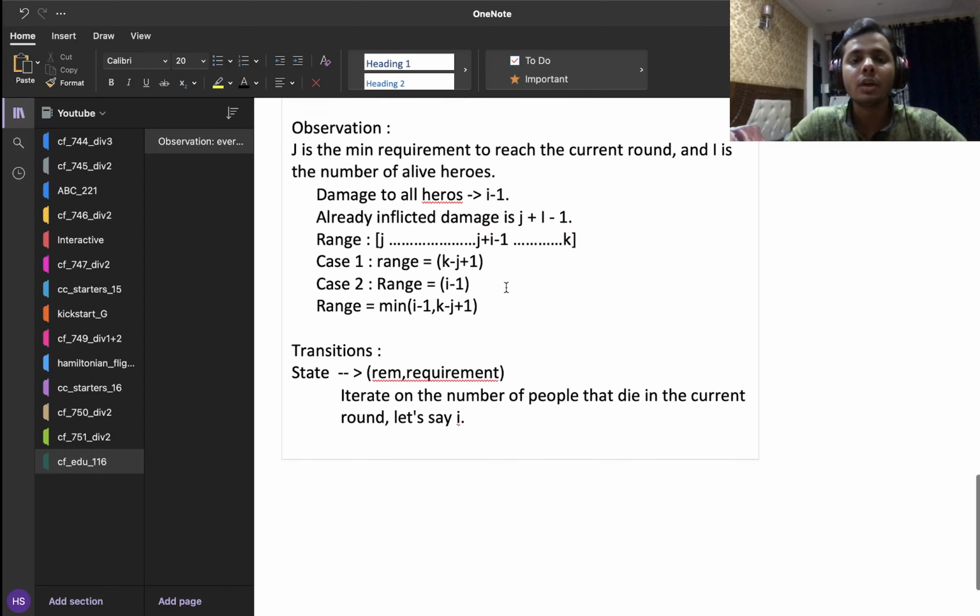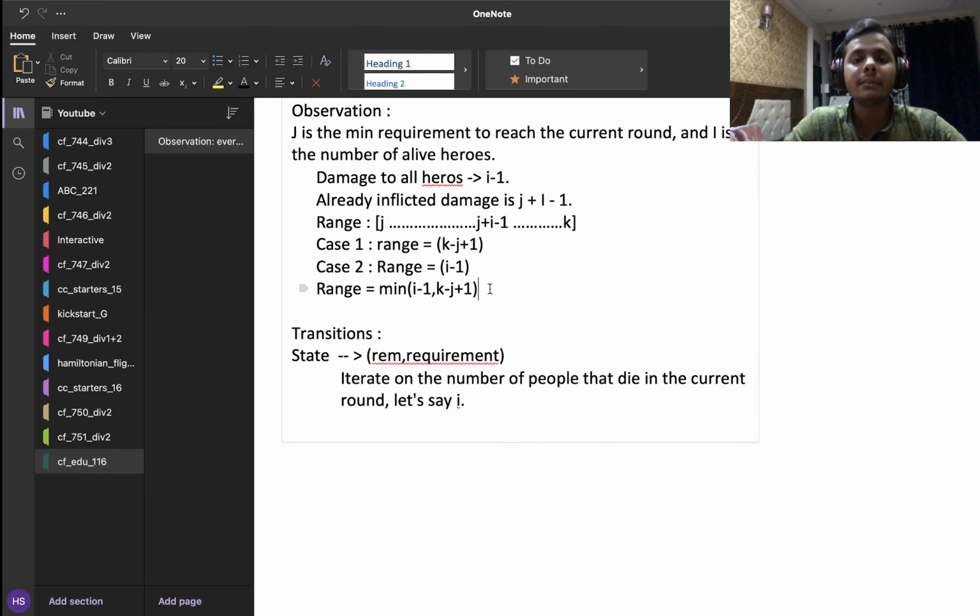So basically they can take this number of values, and if they take any one of these values, they are surely going to die. Let's say this is mod r, the number of values that they can take such that they surely die.